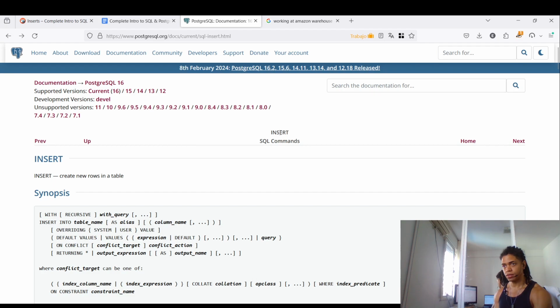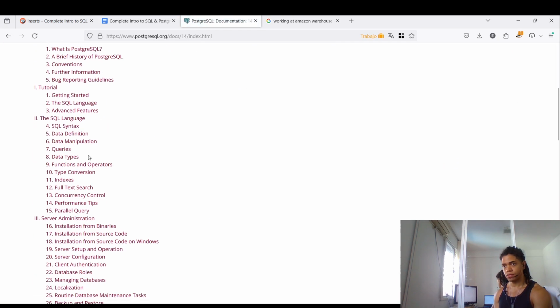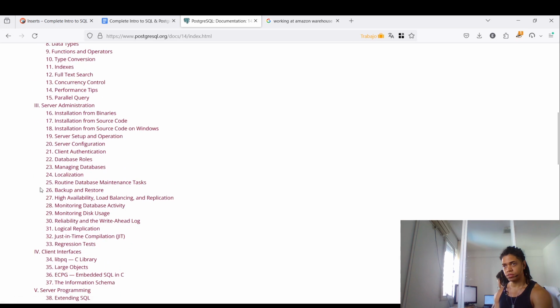SQL command. Documentation here. 14. Preface, tutorial, SQL language, definition, data manipulation, data type, concurrency, server administration,